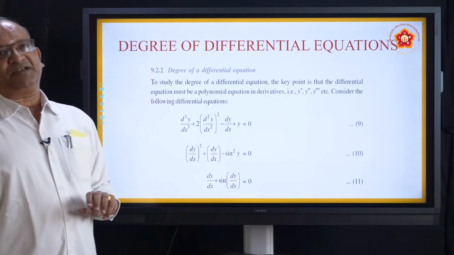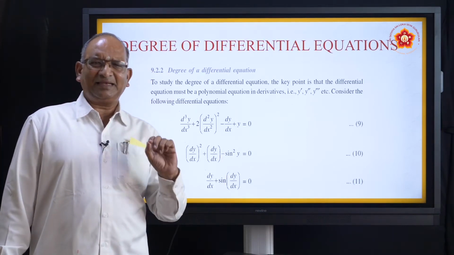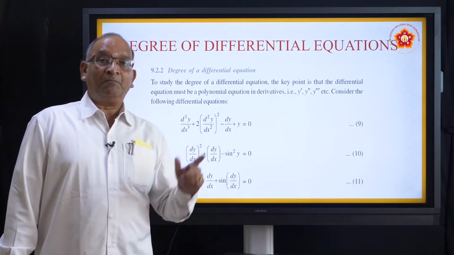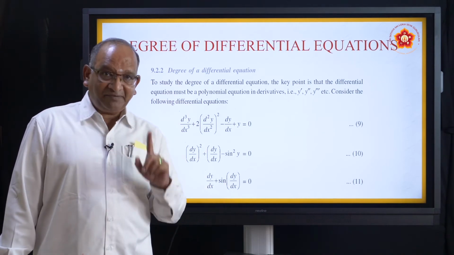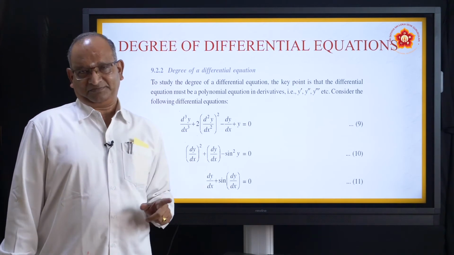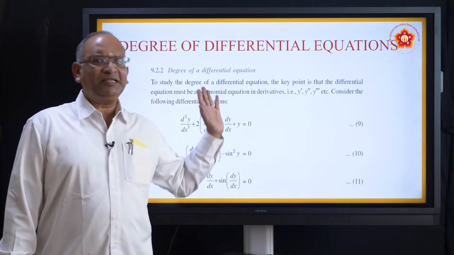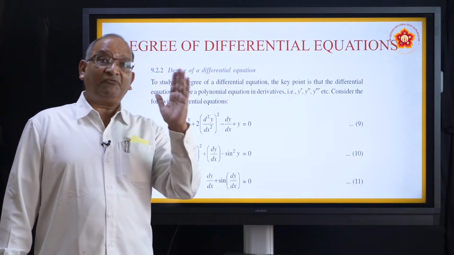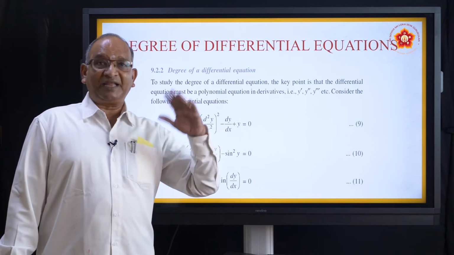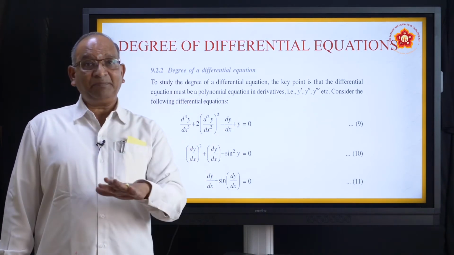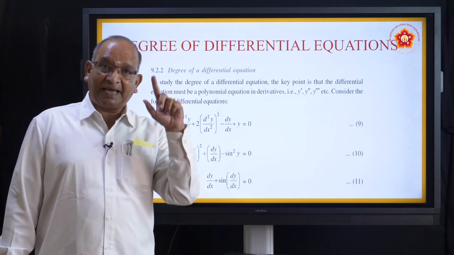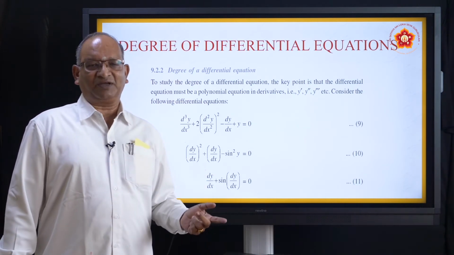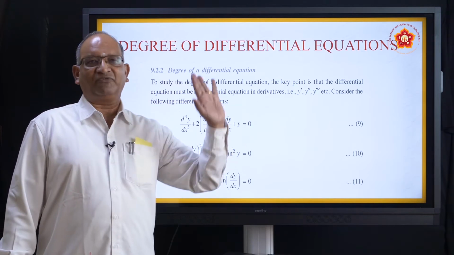Now come to the degree of a differential equation. Yes, here there is one small thing you need to remember. What is that we need to remember? Make sure that these derivatives are those of a polynomial function. Means what? All that we have seen are polynomial functions only, in y and x. But suppose we come across sine of dy by dx, cos of dy by dx. sin y can be there, cos y can be there, but the derivatives cannot be of any other function. Means logarithmic function, exponential function, trigonometric functions. Then we say the degree is not defined.